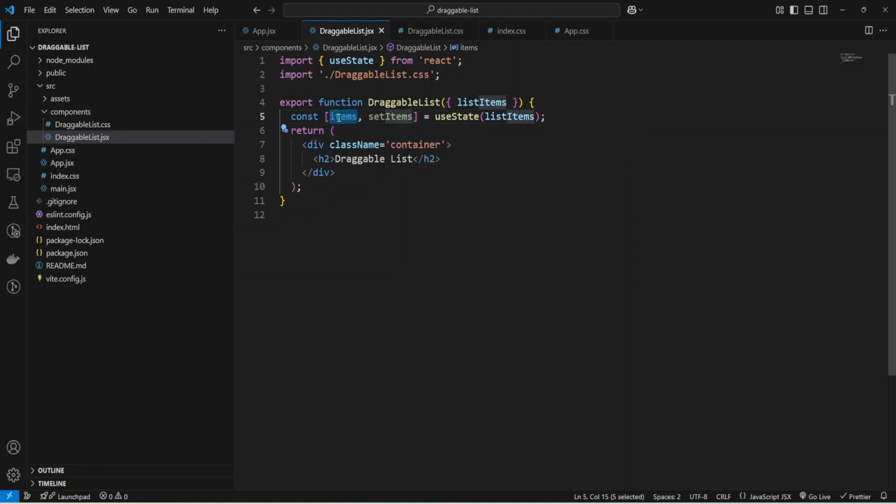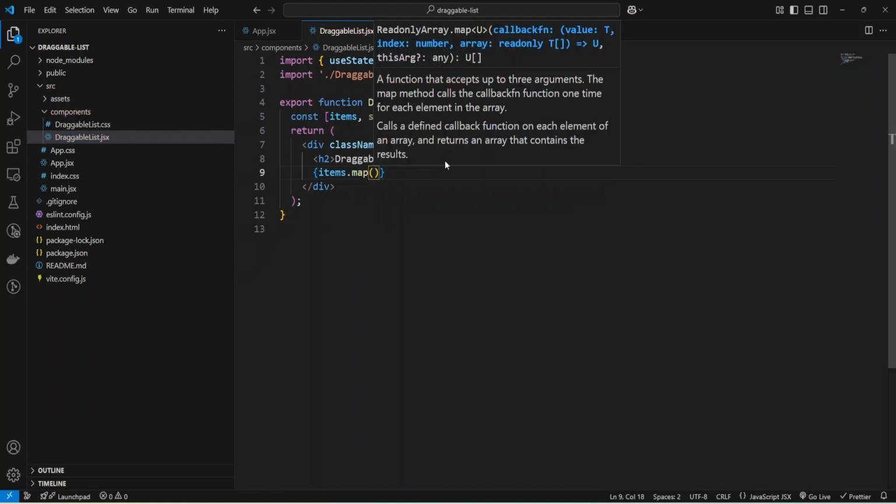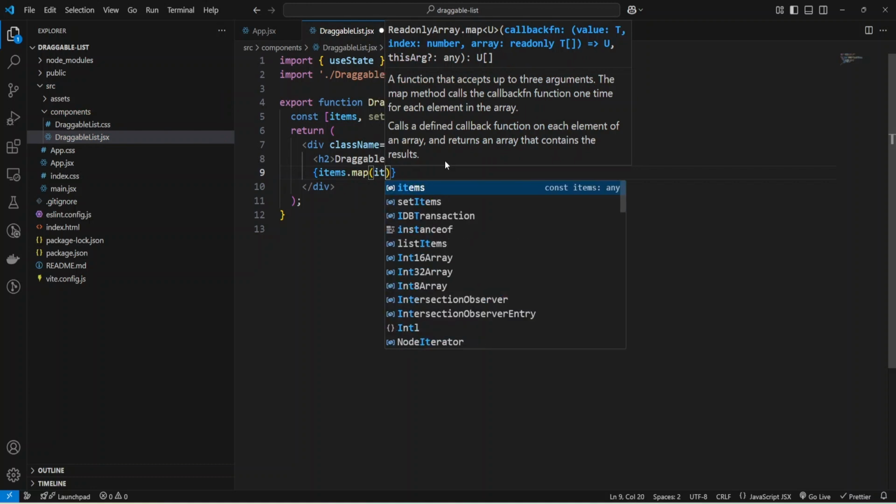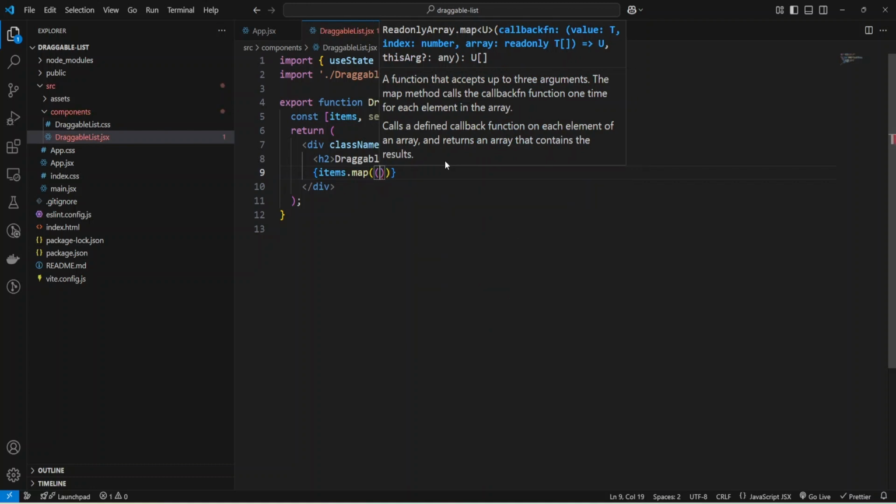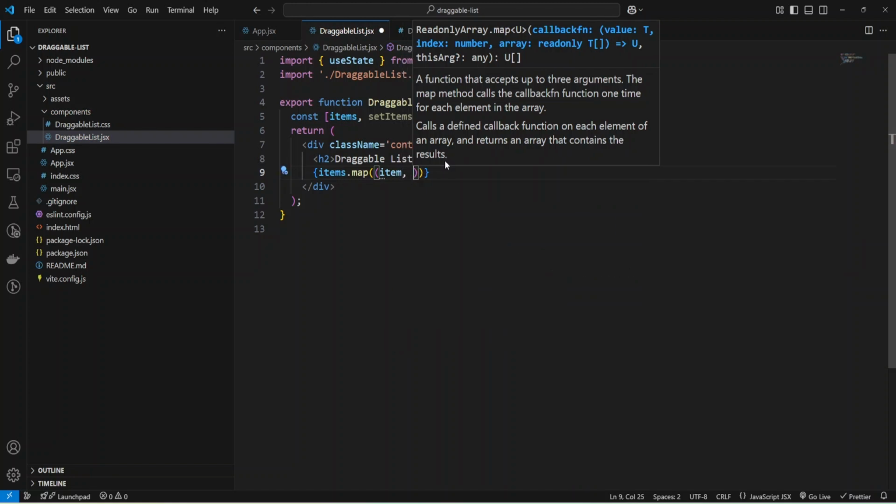And now I can generate my items using the map function of the array. Our items is an array, and I need to add code here. And I can use the map function, and for each item, I'll provide JSX, and also I'll use index.